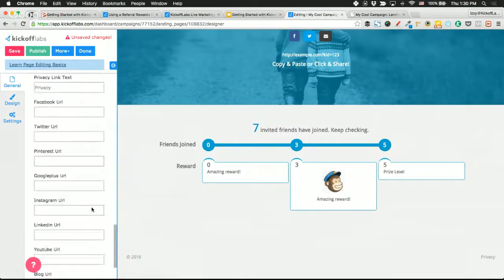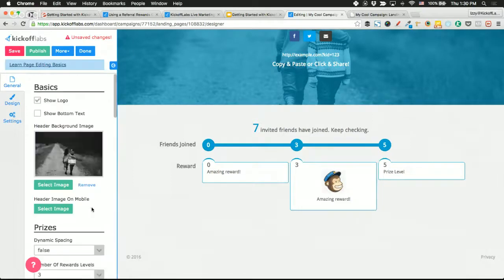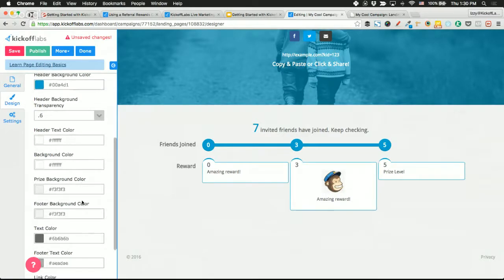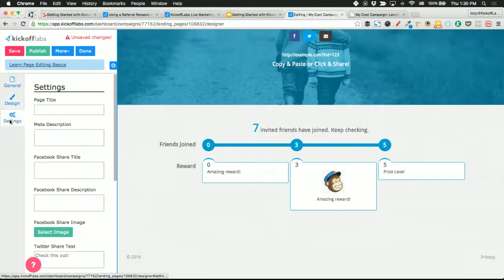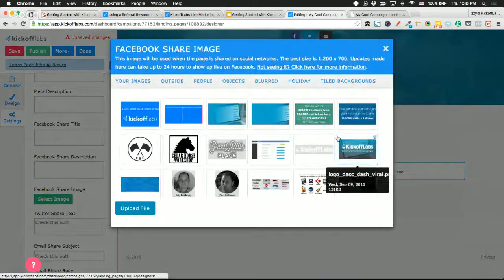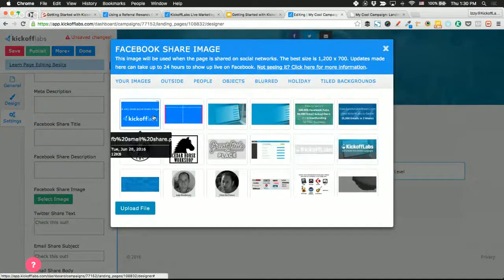So like I said, you'll find the same theme specific options under general, the design tab. This is where I'm going to change once again my fonts and the colors of the page, and the settings tab. Once again, this is super important. Make sure to put in the page title, meta description, Facebook share title, all that good stuff. The Facebook share image, super important to put in. To be very honest with you, actually,